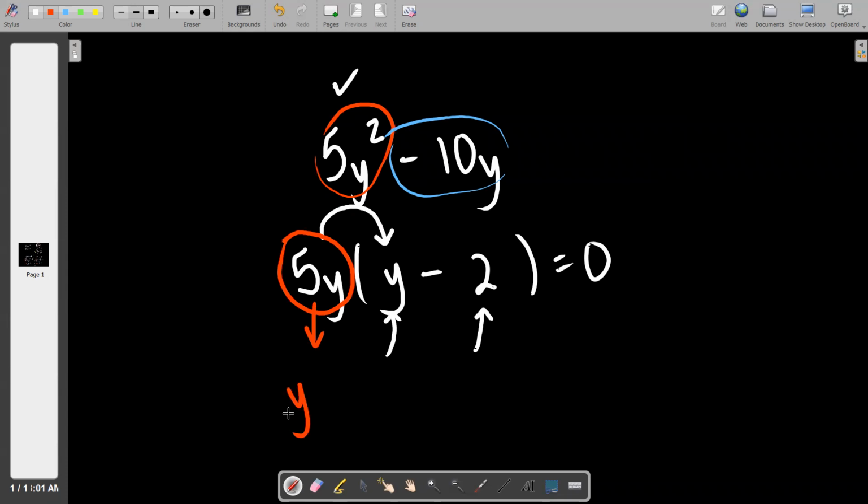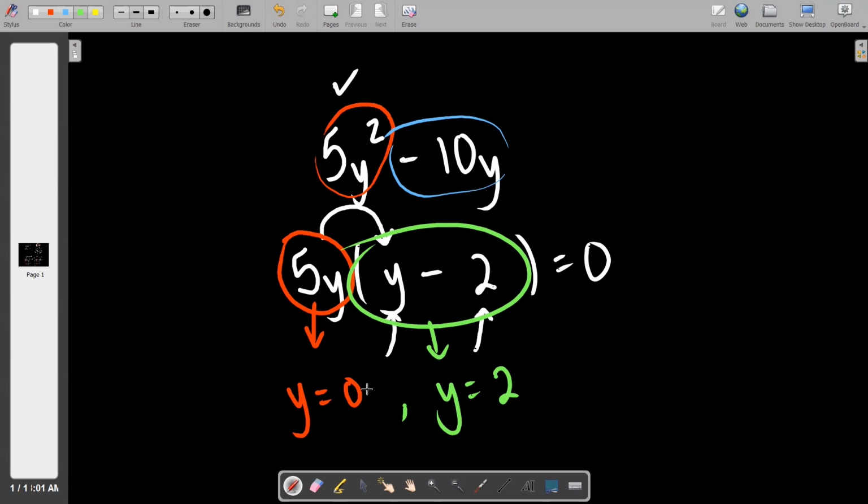If you say 5 times what number equals 0, I need you to say 0. And if y equals 0, that is the only way to make that happen. And what makes my green one equal 0? There's your answer. So I say again, in problems like this, will one of the answers always be 0? Yes, literally always. Okay. Does that make any sense at all? That should help you immensely with problem number 10. If not, then